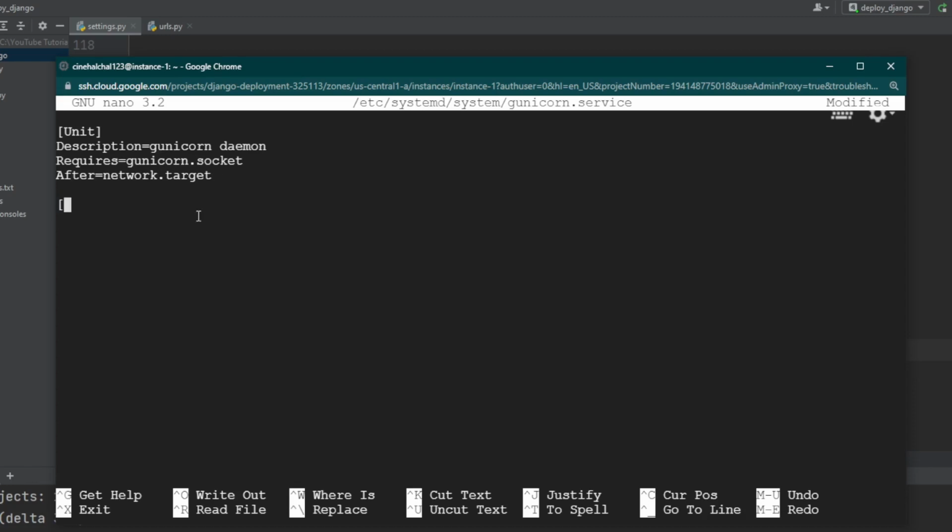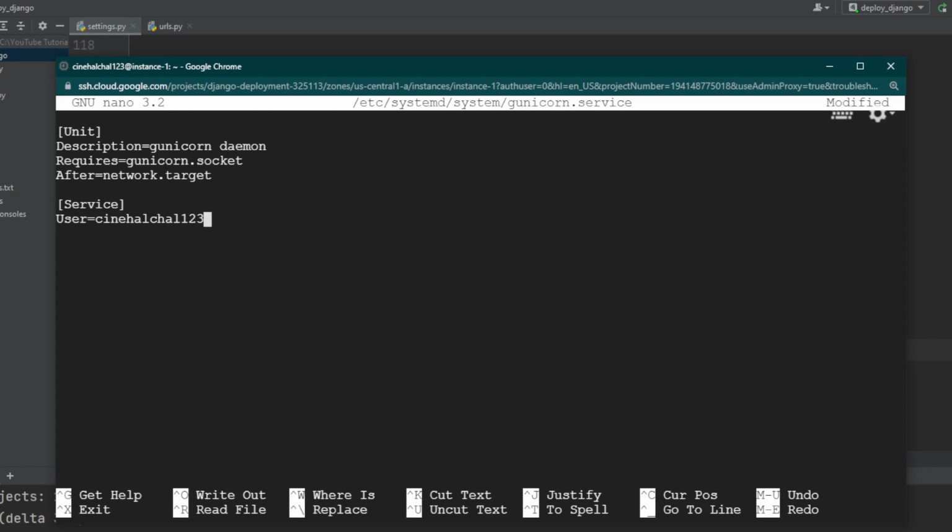Next, we'll open up the Service section. Service, we'll specify the user and group that we want the process to run under. User equal to, in my case, the user is Sinihalchal123. We will give our regular user account ownership of the process since it owns all of the relevant files.